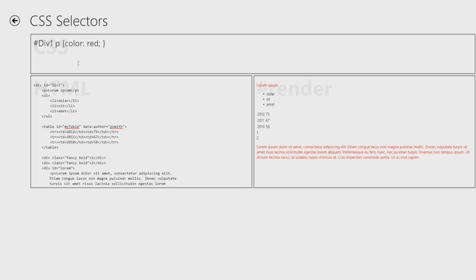Now the next combinator that I want to show you is similar to the descendant but more specific. It looks like a greater than sign, an angle brace. Now the greater than sign says it needs to be a direct descendant. It has to be a child. It can't be a distant descendant like a grandchild or a great-grandchild. So let's go back to our div1 and then div, this time using the child combinator. Now you can see that actually no, I want that paragraph tag,